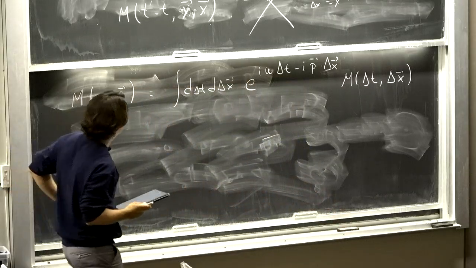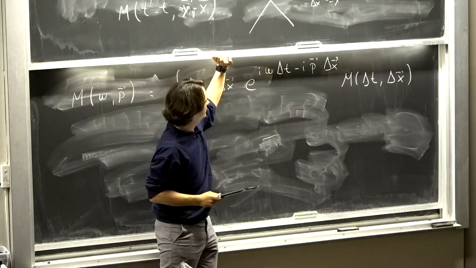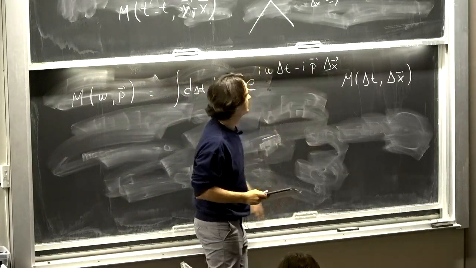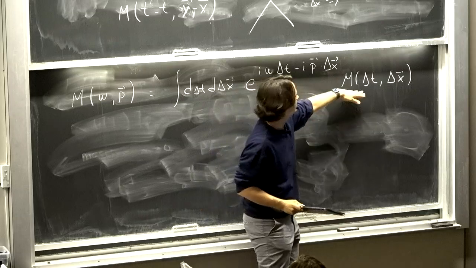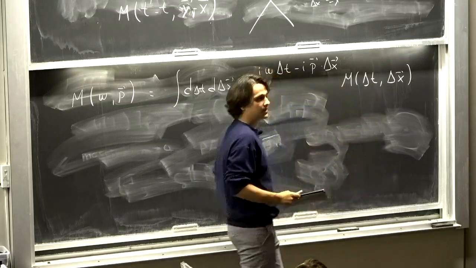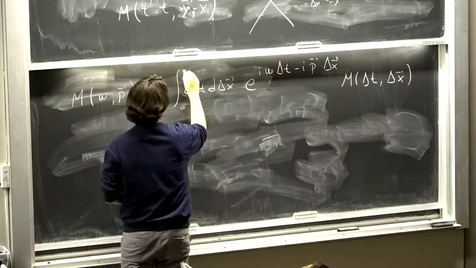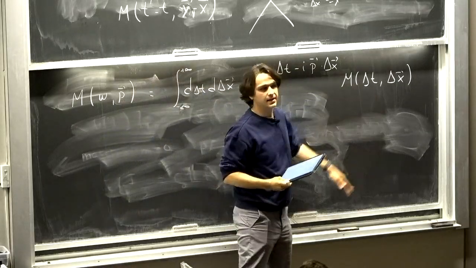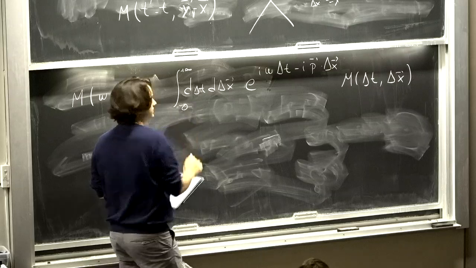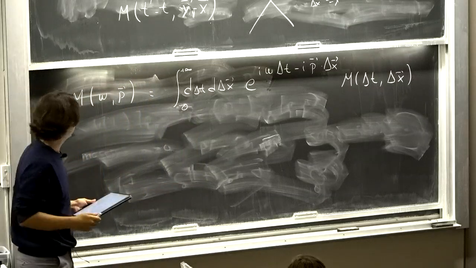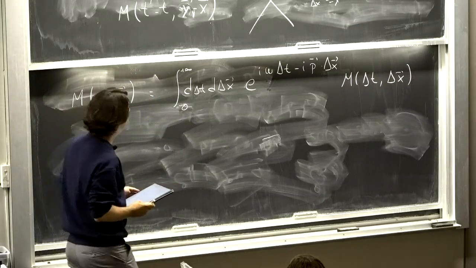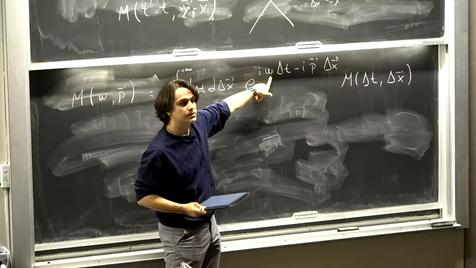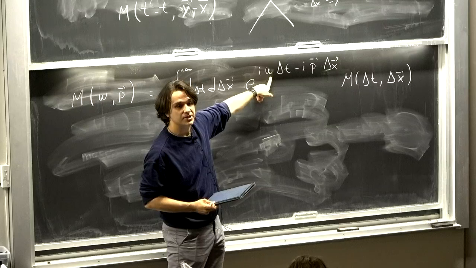Okay, and now there's something cute that happens. For instance, let's just think about the Fourier transform over time first, while we're fixing this. I told you that this function for delta t negative vanishes. So even though initially the Fourier transform goes from minus infinity to plus infinity, because this thing is 0 when delta t is negative, I can actually cut it off. And what does that mean? It means that this Fourier transform is defined even for imaginary values of this omega. So if I give this a positive imaginary part, right?